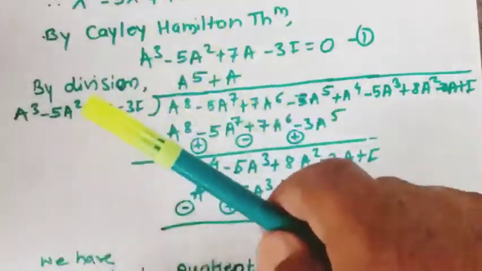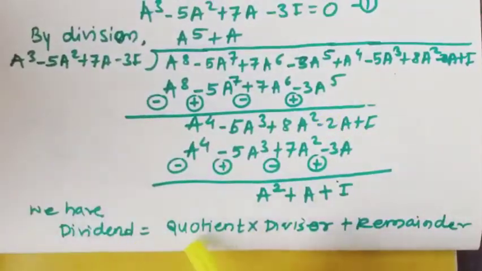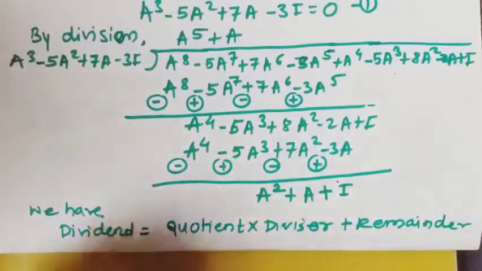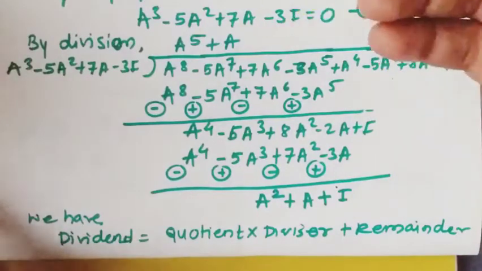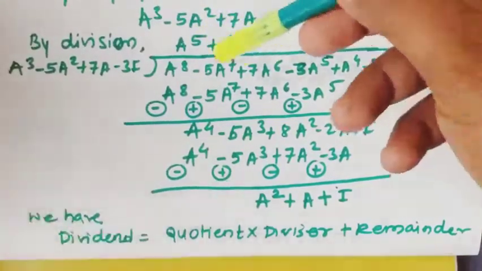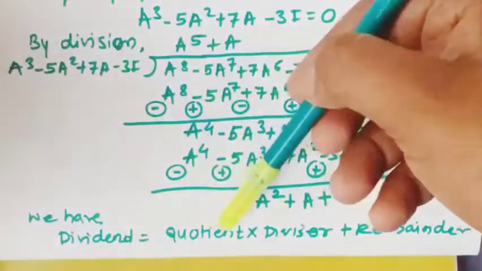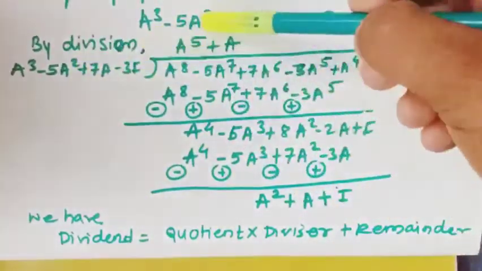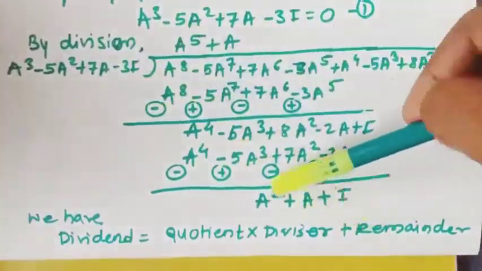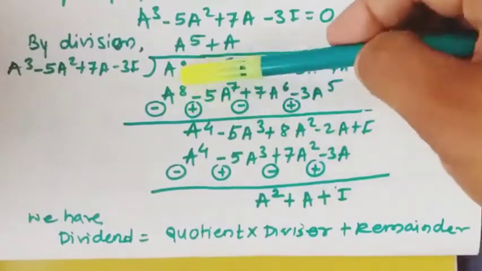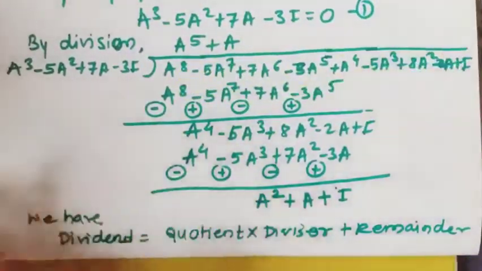Now one rule from division we are having with us: dividend is equal to quotient into divisor plus remainder. We are going to make use of this particular rule to simplify this expression. This is the dividend. This expression is equal to quotient into divisor. So this is the quotient and this is the divisor, so multiplication of these two plus remainder. This is the remainder, the last term. How this rule is going to simplify our big expression, you will come to know in the next step.